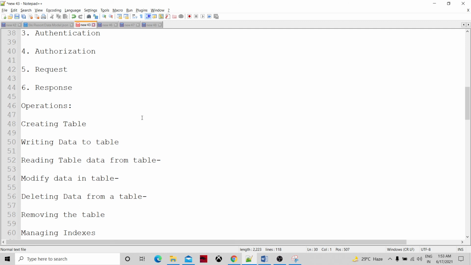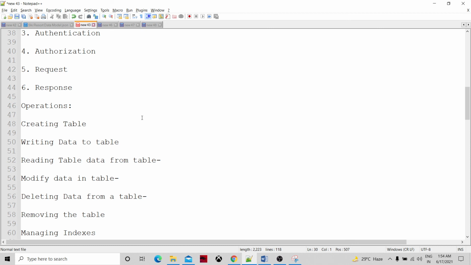If you want to write data into the table, there is the SQL insert into statement, and in DynamoDB that can be run using PartiQL. PartiQL is another query language, similar to SQL, which is used with DynamoDB. We are going to see PartiQL when we do the hands-on exercise. Or, using the classic API mechanism, we can pass the API calls using a programming language to DynamoDB and do the write data operation.